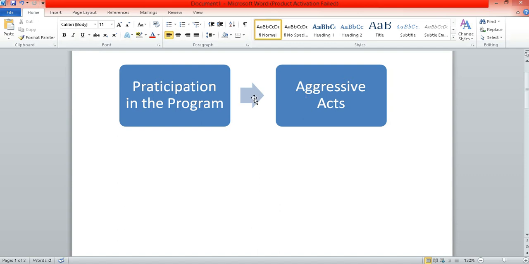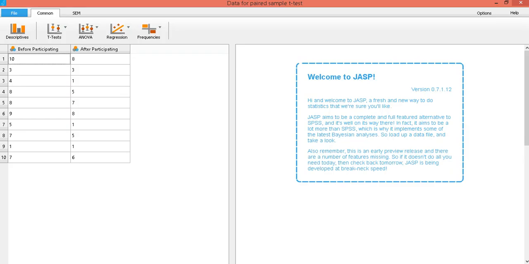So the situation is that there are a group of students who are manifesting certain aggressive acts, and prior to the program, their aggressive acts were measured, and we can see the data here.